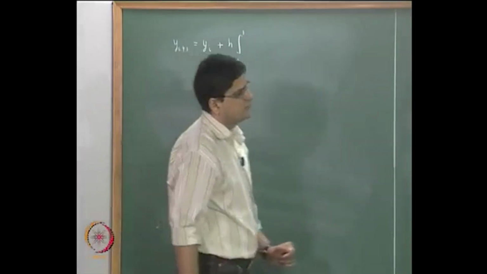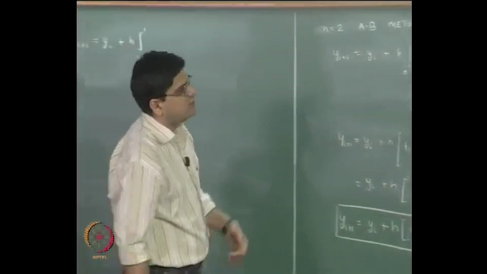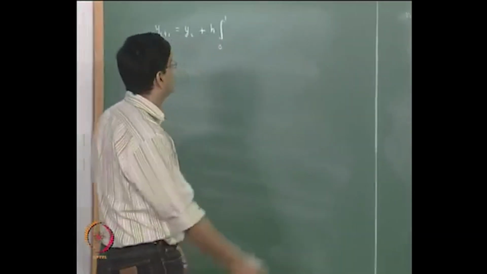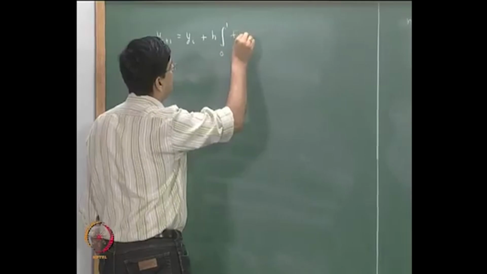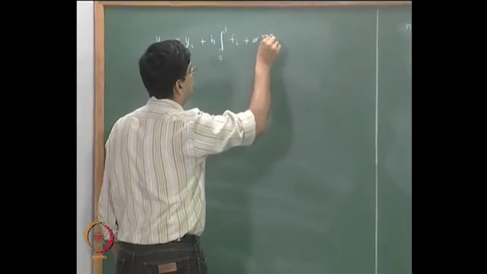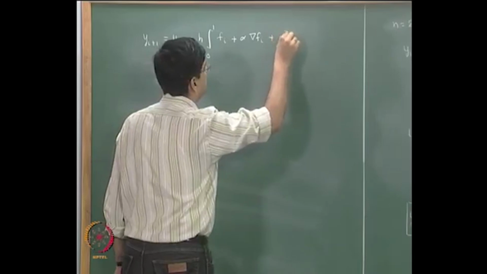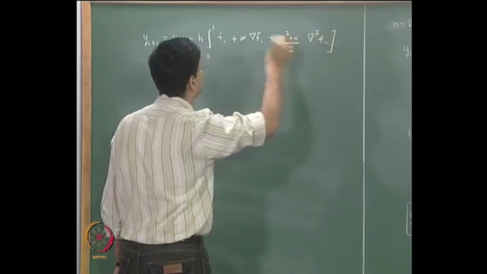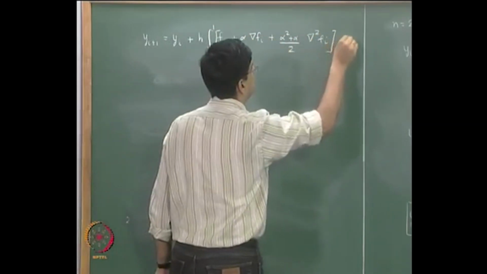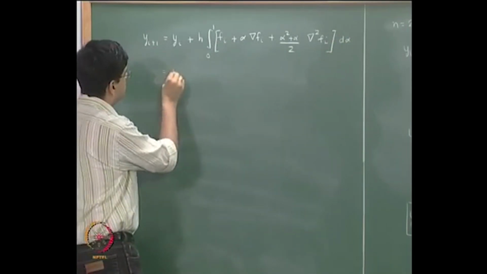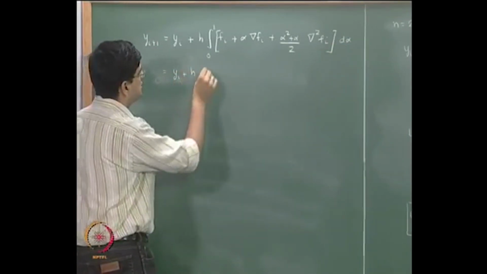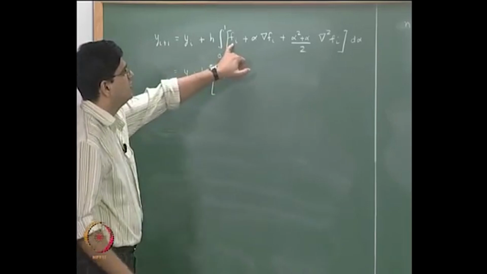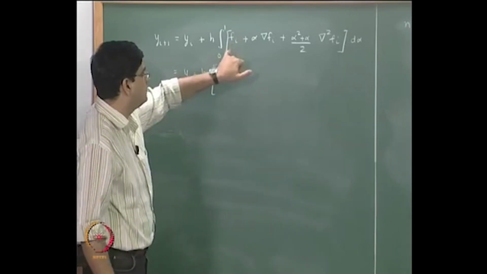Now p2, if we go back over there, p2 is going to be fi plus alpha times del fi plus alpha into alpha plus 1 by 2 del square fi. So, this is going to be fi plus alpha del fi plus alpha square plus alpha by 2 del square fi, d alpha, which is going to be equal to yi plus h. Now we are just integrating this, there is no alpha over here, so it is going to be fi alpha